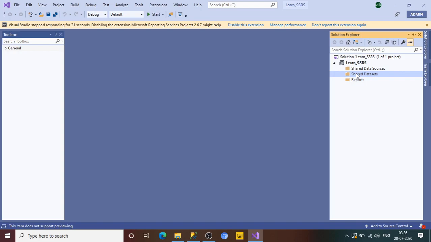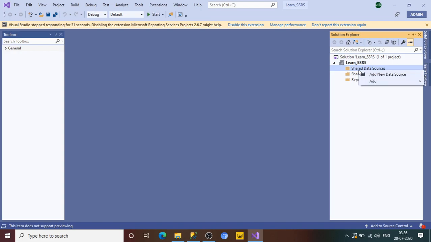Okay, so let's get started. Whenever we create a report, we need to show the data in the report. For that, we need to know where the data will be populated from, and for extracting the data, we should know the data source. As we did in my SSIS series, when we created an SSIS package, we always used connections, the connection manager. Similarly, we need to give the connection details. We create the shared data source.